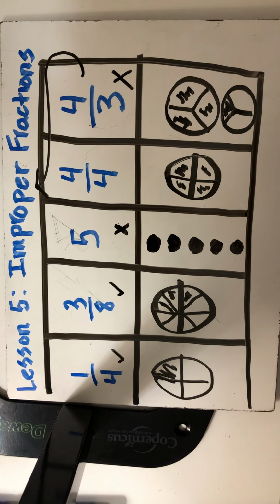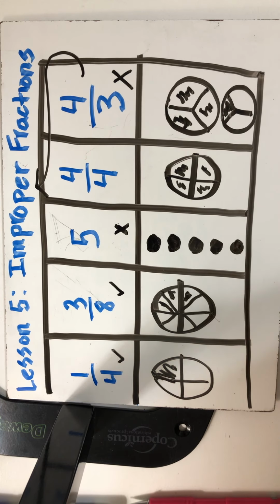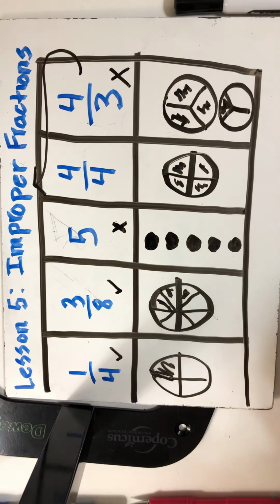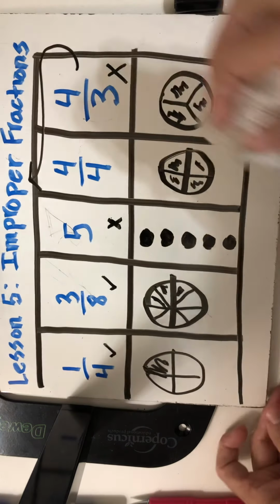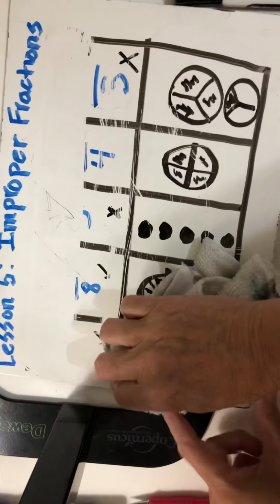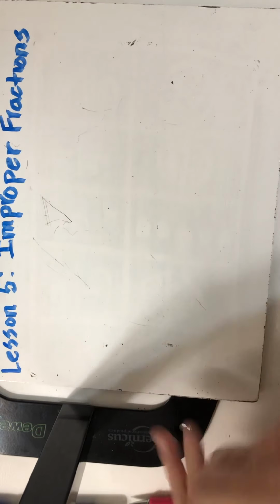So that is today's lesson. We will be focusing on looking at improper fractions. We also can say these are greater than 1. So now we're going to model. You will do this on your whiteboard, so make sure you are ready for that. You're going to model for me